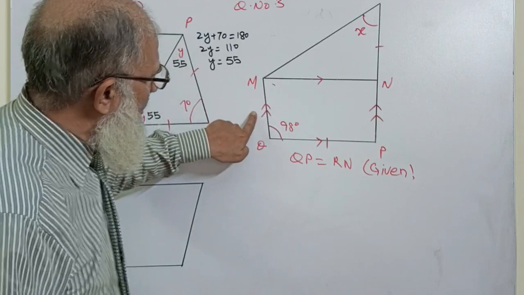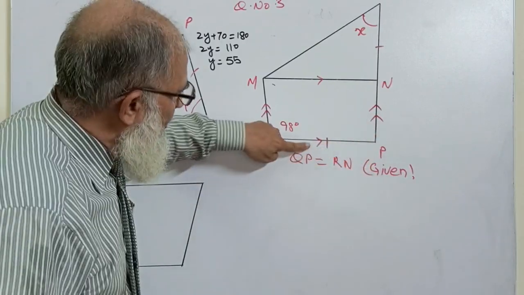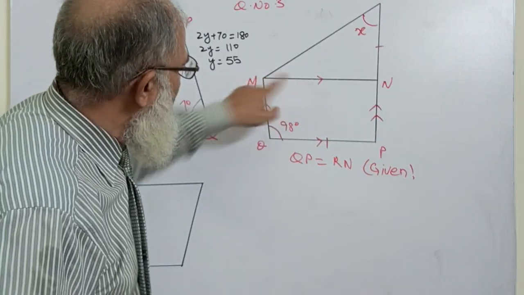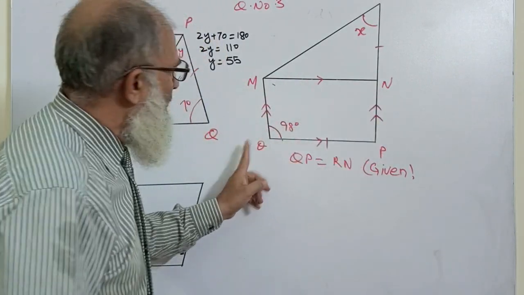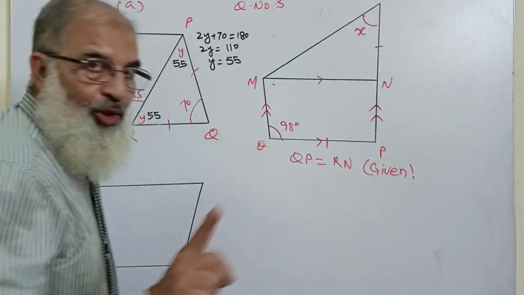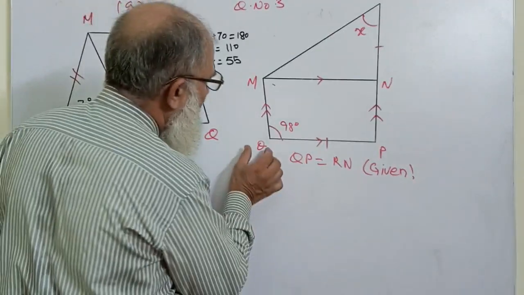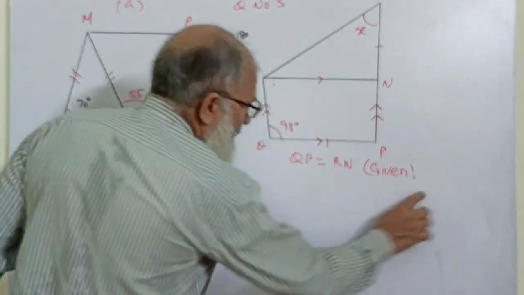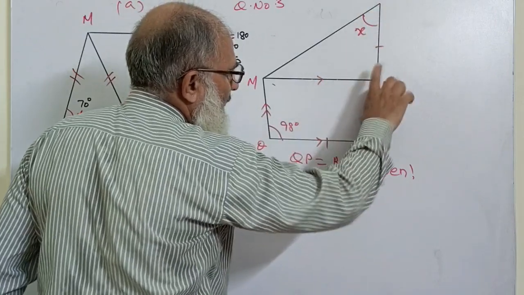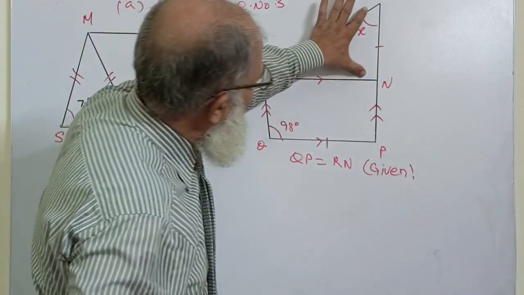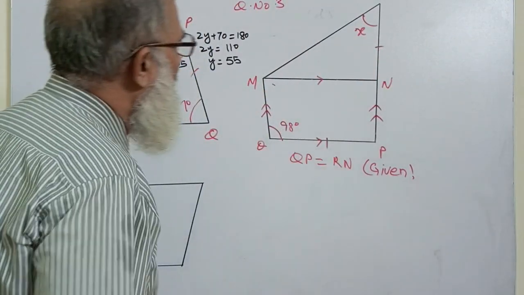Now you see that this side is parallel to this side because of two arrowheads. This one arrowhead tells us that MN is parallel to QP. And there is one more clue left, that this short line is equal to this short line. That means, and this is also given in the text, that QP is equal to RN. And we have to find the angle over here,